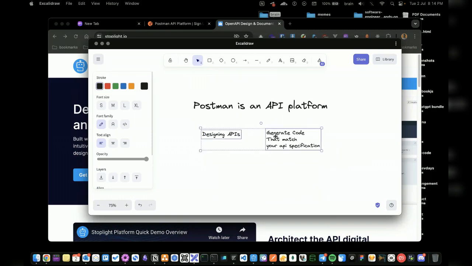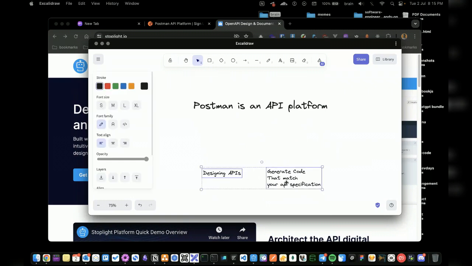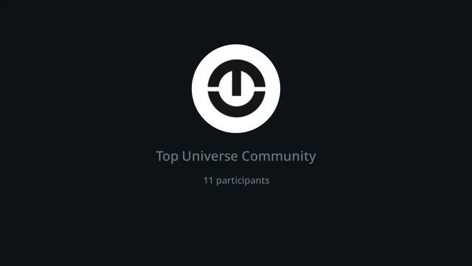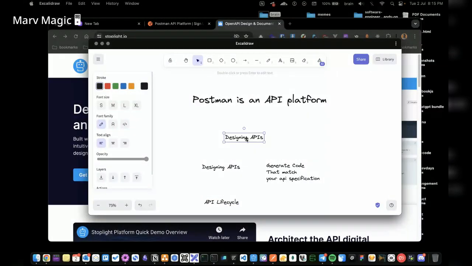By the way, for those of you that have zero idea what an API is, I'm also going to mention something here. API lifecycle. For those of you that have zero idea what an API is, it stands for application programming interface. We have a lot of applications that are meant to communicate with each other, and one of the ways to ensure that these applications communicate effectively is via APIs. So it's a programming interface.